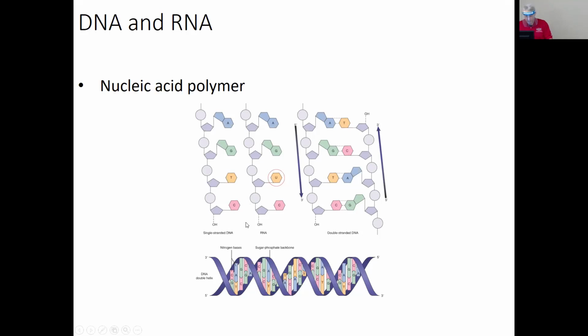And then here's RNA, here's a single stranded RNA, and then the RNA shows you the uracil taking the place of the thymine. Here's the DNA double helix. You see the nitrogen bases with the sugar phosphate groups. The sugar phosphate groups are out here. Okay. The nitrogen bases are inside, and you see the A and the T and the G and the C making up the rungs. These are the rungs of the ladder in the double helix of DNA.